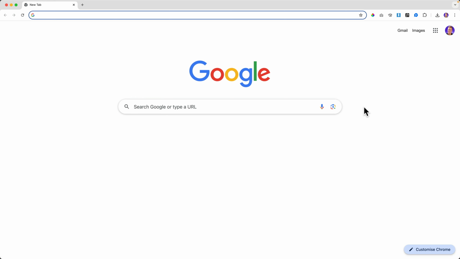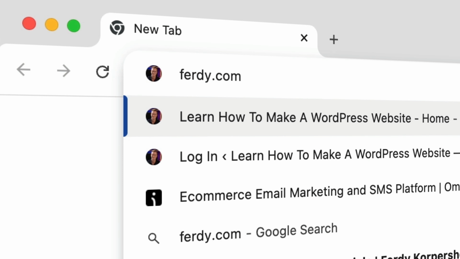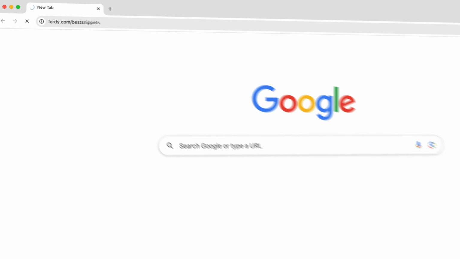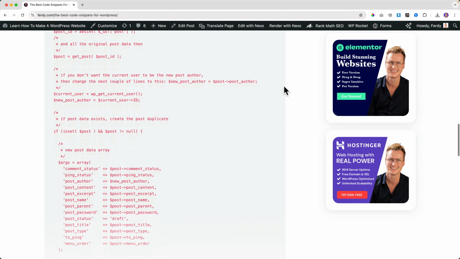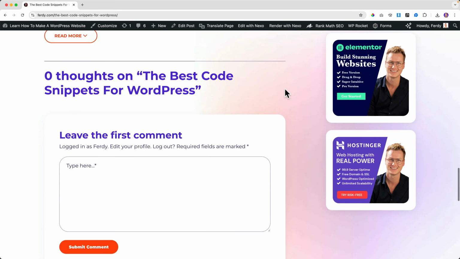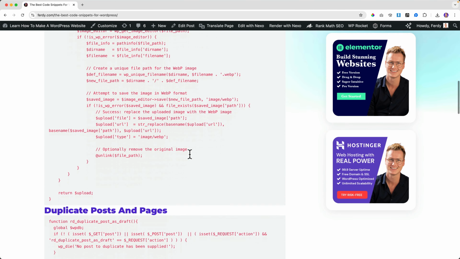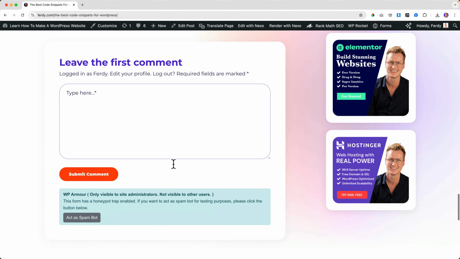Well, to be honest, I think the availability of code snippets, maybe they are there, but what I'm missing is an overview with all the best code snippets for PHP, JavaScript, CSS, and HTML. So if you go to ferdy.com/best snippets, I will do my best to increase this list with code snippets. So you can find the best code snippets for the most cases that are necessary. Of course, there's not a lot right now, but I will do my best to add those. So when you go to ferdy.com/best snippets, you'll see more code snippets.